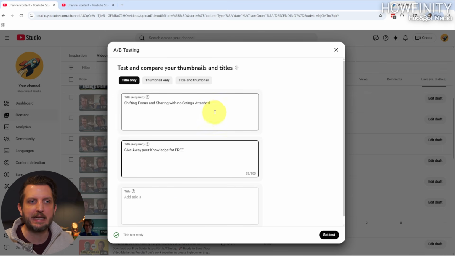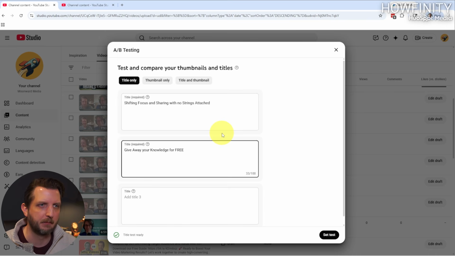But I found I get better results when I test out 2, because the other option is if YouTube doesn't get enough data back from the test, it'll just be inconclusive. It'll run for 2 weeks and it'll say it didn't get enough impressions, or one really didn't outweigh the other and it's pretty split. The other thing you'll see up here is you can also do a thumbnail test, or